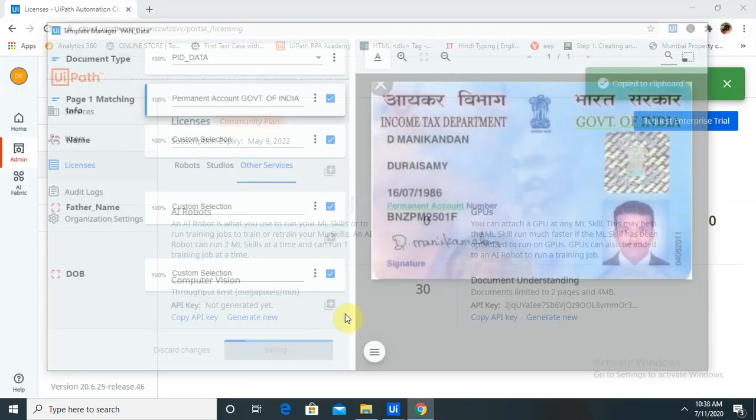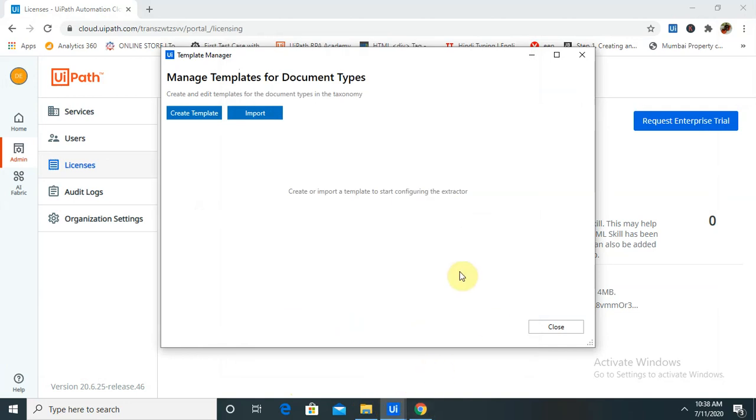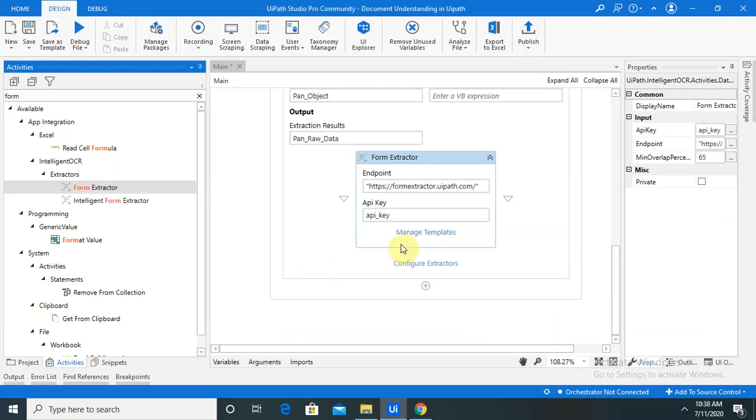Let me click on save and it will save our template. Now we just click on this and close. We don't need to enter other components. If you want to add them, well and good, otherwise you can skip this. So click on close. You're able to see your form extractor is also completed.